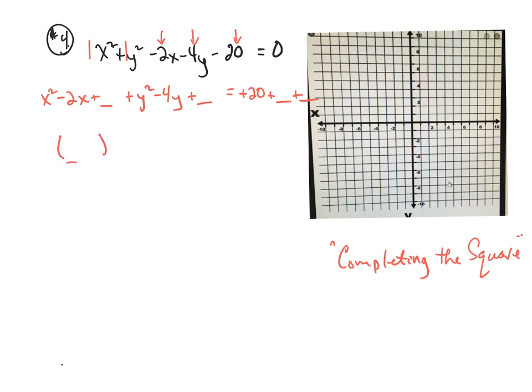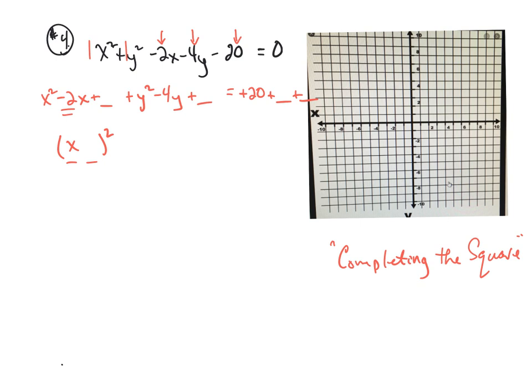What we do with completing the square is we form a binomial, so it's got two terms, and then we have a power of 2. We form a binomial, two terms, squared. Now the first term is going to be the variable right up above. What variable is directly above the parentheses there? An x. And then the second term we get by taking the number sitting in front of the x and